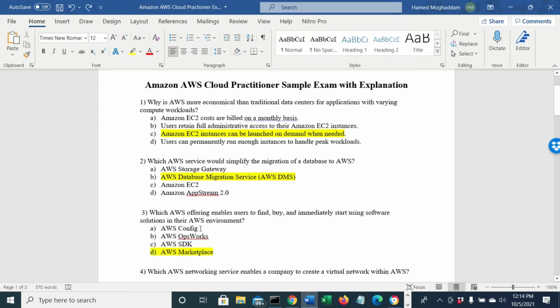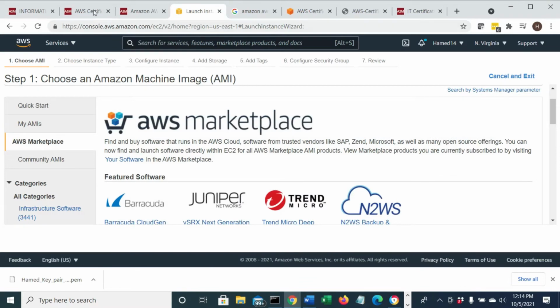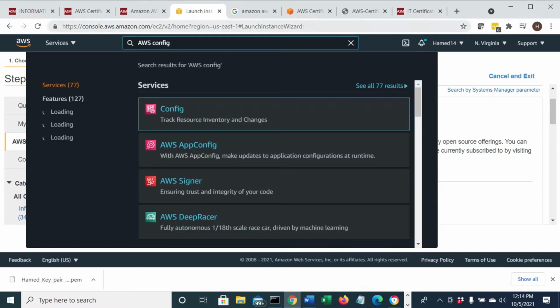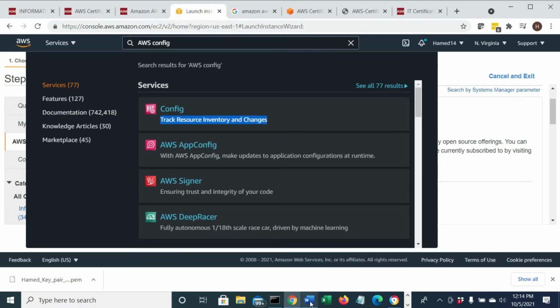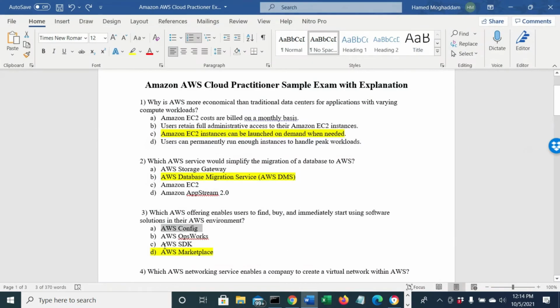Okay, what's AWS Config? This is used for something else. If I go search here for AWS Config, okay, right here, it's going to track resource inventory and changes. That's AWS Config, so it's not related to our question. The next one was OpsWorks.